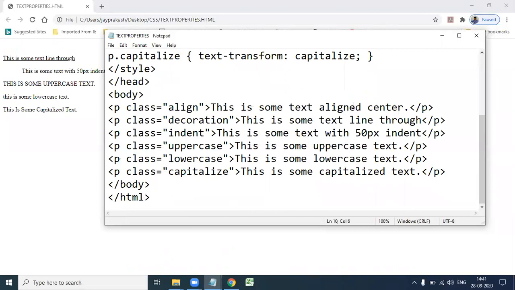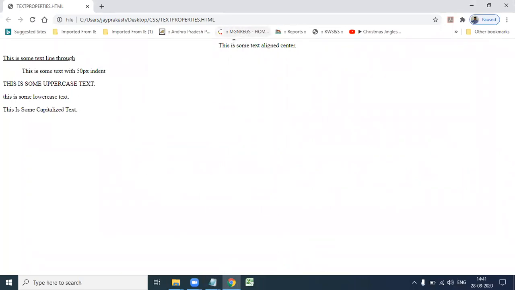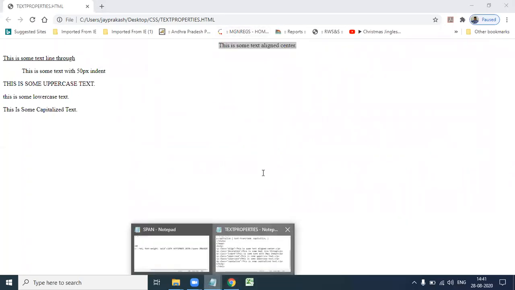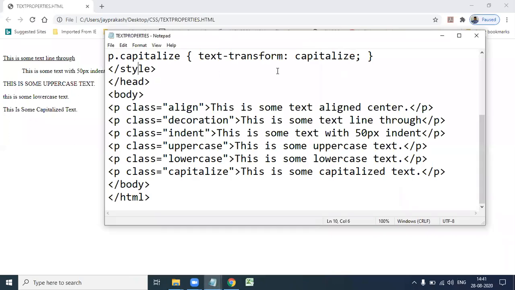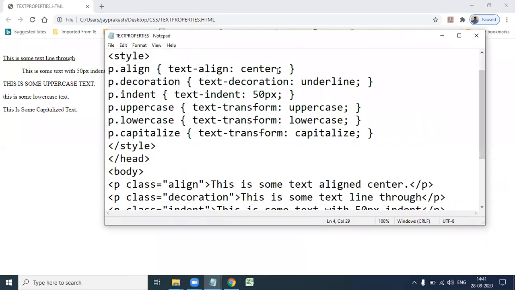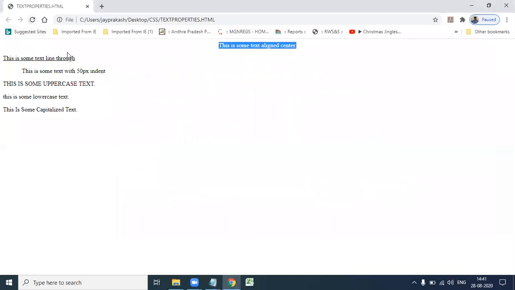This is some text aligned center, shown as centered in the execution. If you give left alignment, text-align: left, the text is aligned left. Save, and see here, this is some text aligned left.